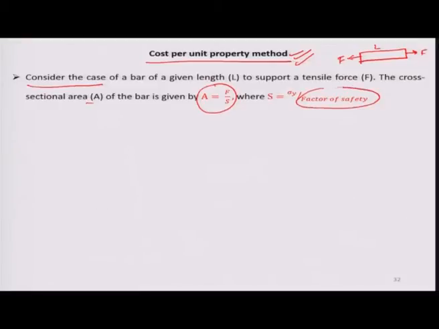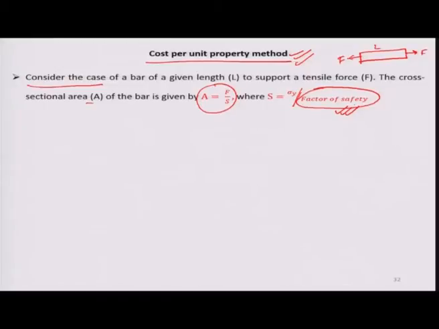Factor of safety is a very important term in the mechanical design of material, so you will have to consider that factor of safety.